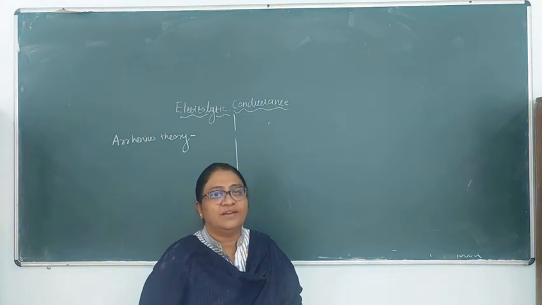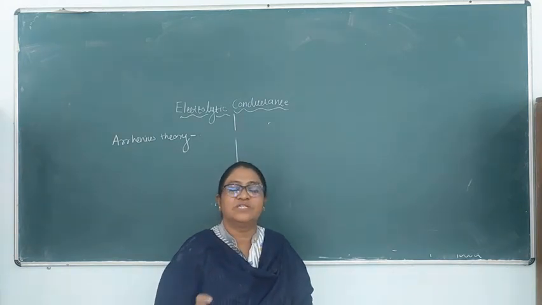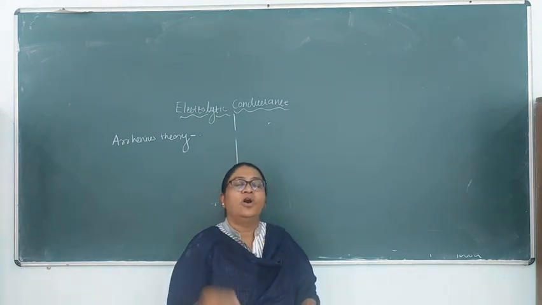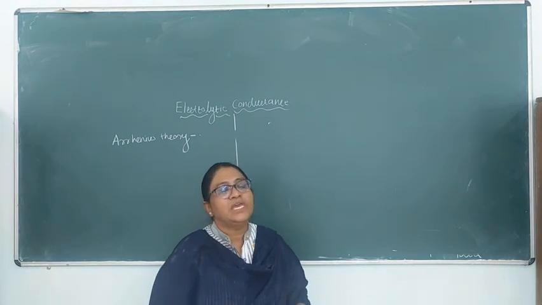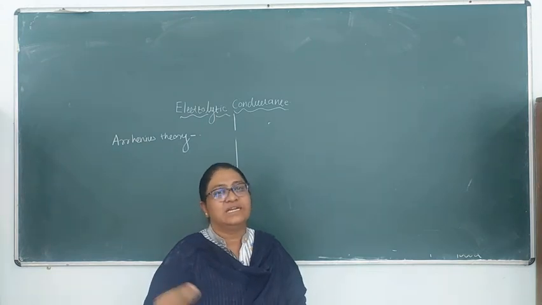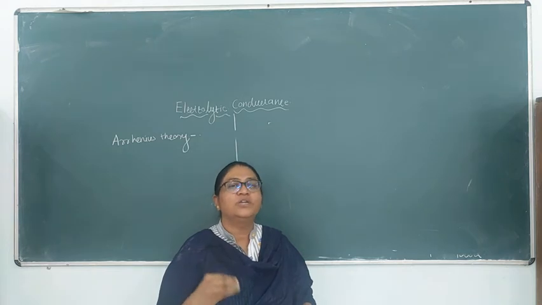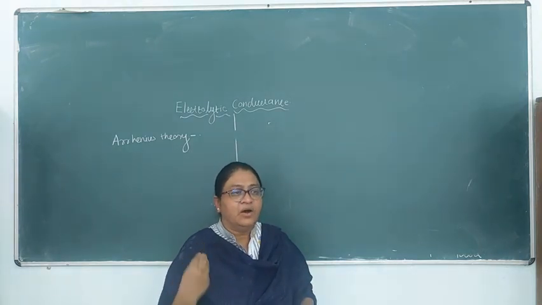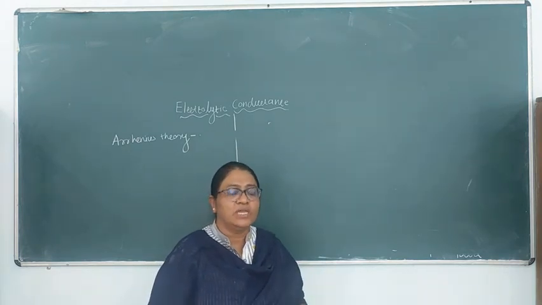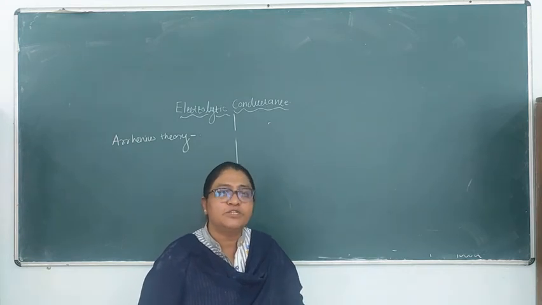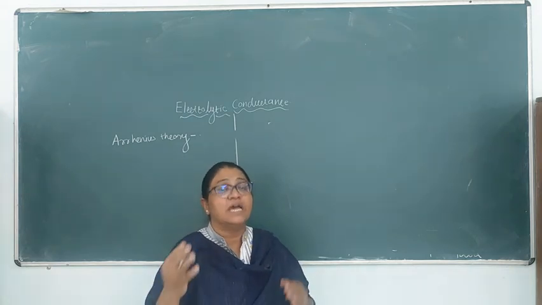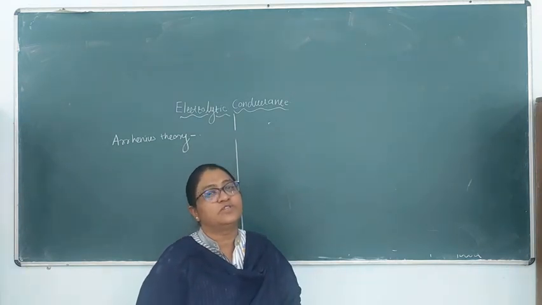of the weak electrolyte. These assumptions are not applicable to the strong electrolyte, and therefore, on the basis of Arrhenius theory, we cannot explain the dependence of the conductance on the concentration. Actually, according to the Arrhenius theory, the strong electrolyte dissociates almost completely, so an increase in the concentration must produce more ions of the strong electrolyte and the conductance must increase, but this is not observed in case of the strong electrolyte.